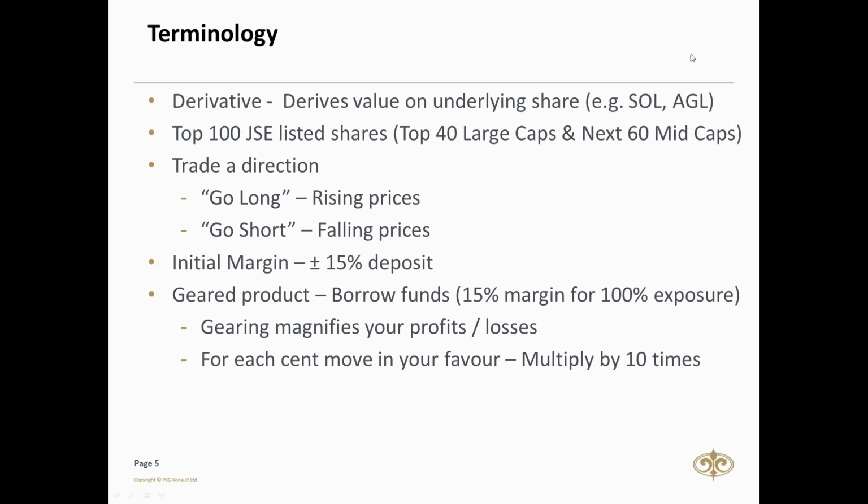So we spoke about initial margin just now. I just want to highlight again, being a geared product, you're putting down 15% of margin, and you have 100% exposure. This magnifies your profits or losses up to 10 times. So just be aware of this. I always say, a cigarette packet comes with a health warning. This comes with a wealth warning, in the sense that you not only lose your margin, you can lose much more than that. And I joke that you can lose the wife, the house, and the car. Not necessarily in that order. So it's very, very important to manage your risk when you're trading derivatives like single stock futures.